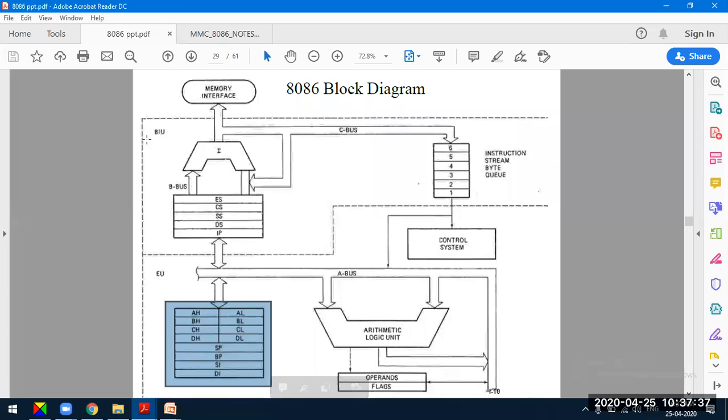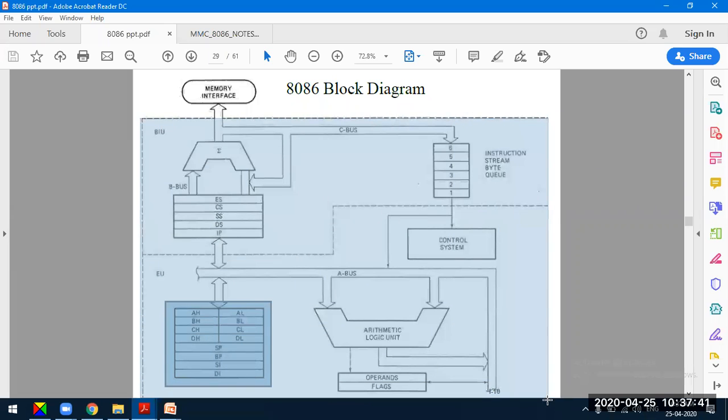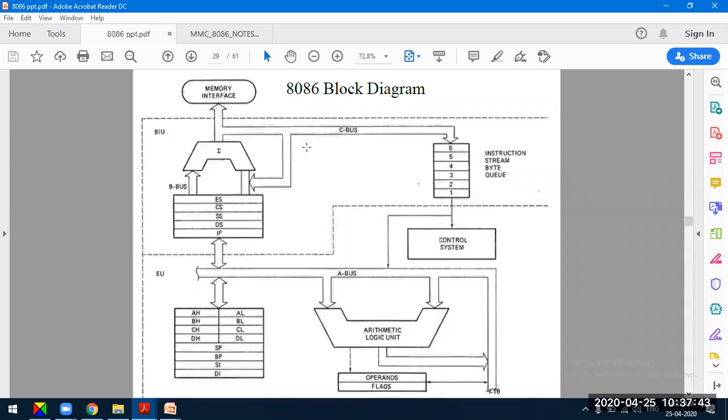So thereby this is a complete picture of what is known as the CPU architecture. In this case, the other thing we see is the memory interface. What is the size of this memory? 1 megabyte. So we interface the 8086 processor to the memory device through the memory interface unit. Next, it has the C bus, that is, the control bus.